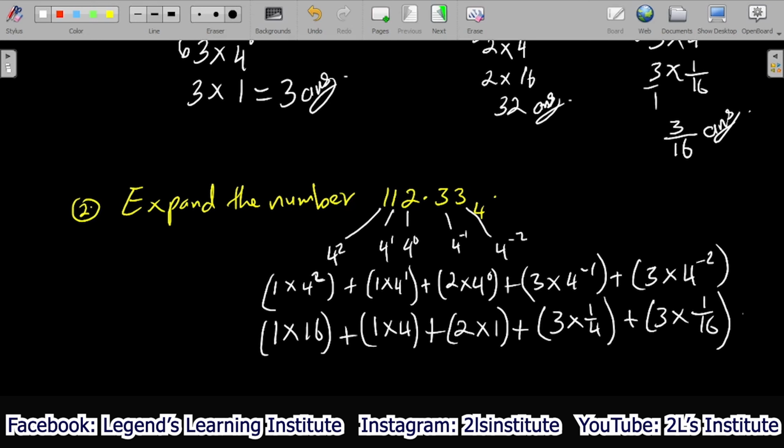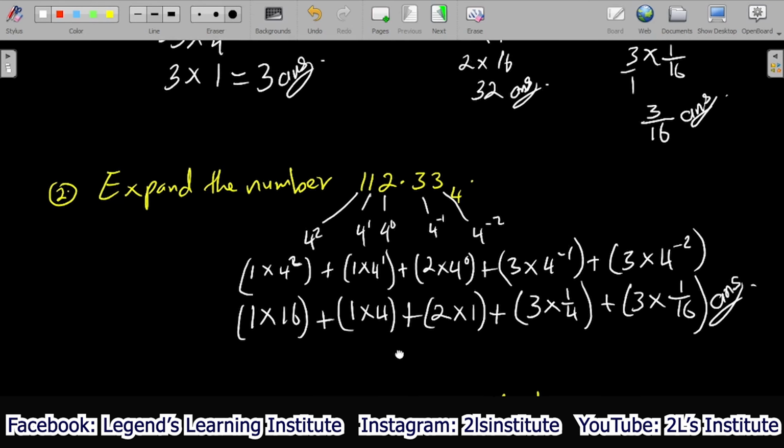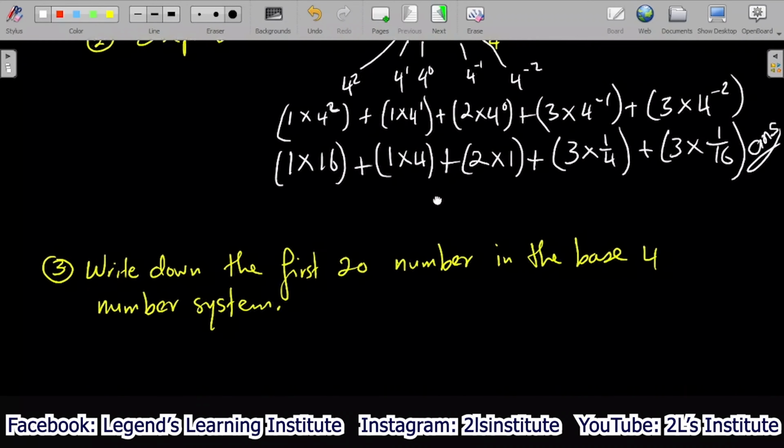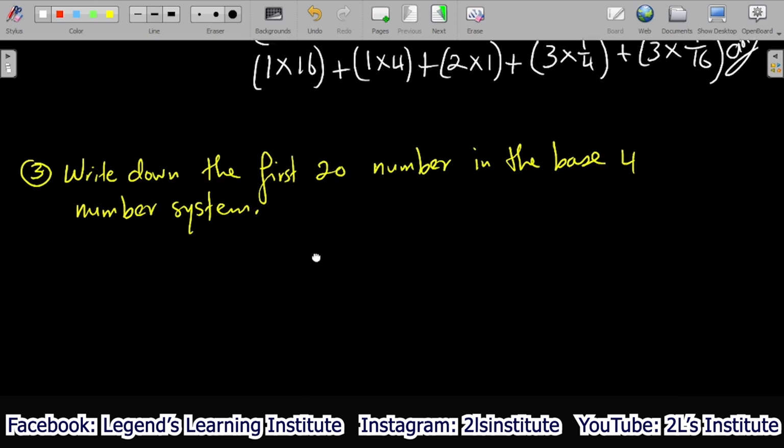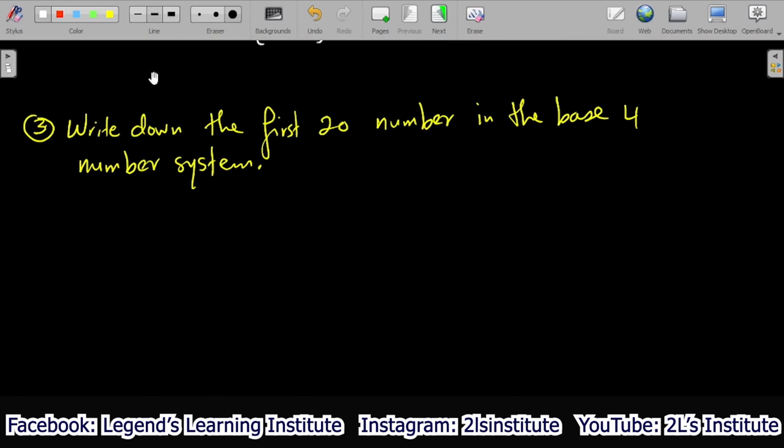Okay, and just like that we have gotten our answer. Okay, so that's our answer there. Then number 3 says write down the first 20 numbers in the base 4 number system. So remember the digits allowed are 0, 1, 2 and 3, so the first 20 numbers would be 1 base